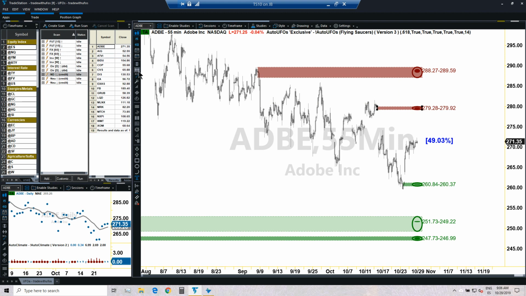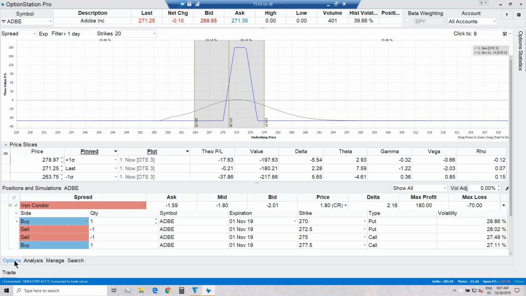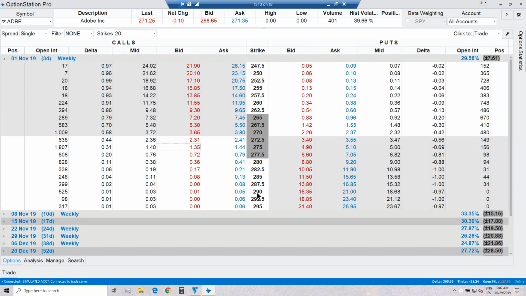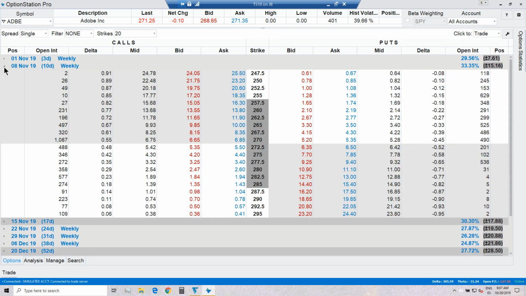But remember, when we do non-directional trades, we need at least 2 UFOs on our end, and obviously that brings us up to 290, more than 270 something. So we are talking about a pretty wide range going all the way to 290. My little concern there is that using a November 1st expiration, which is quite close, the 290 is likely to pay very little. And here we go. We are only being paid 3 cents for the 290, which is not a surprise, given that UFO is quite far. So how do we deal with this? Simple. We check the next expiration date, and see how much we get paid for the 290, which in this case is 74 cents, and that is certainly acceptable.